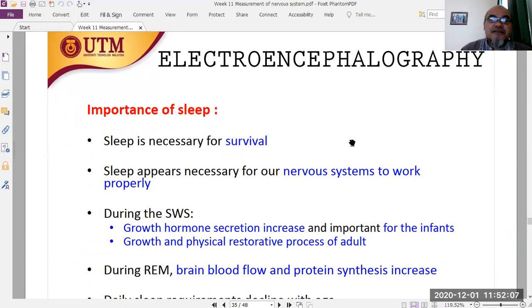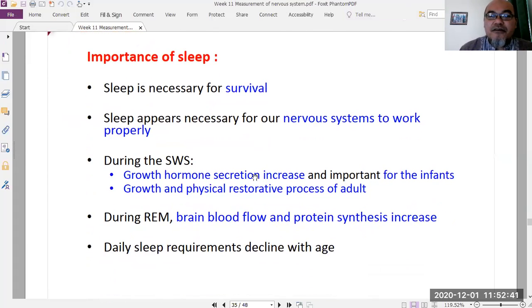So the importance of sleep, I cannot emphasize more, is very important for survival. If you lack some sleep, in 1 day, 2 days, you will lose all focus and concentration, right? Sleep appears necessary for our nervous systems to work properly. During sleep, growth hormone secretion increases, important for the growth of infants